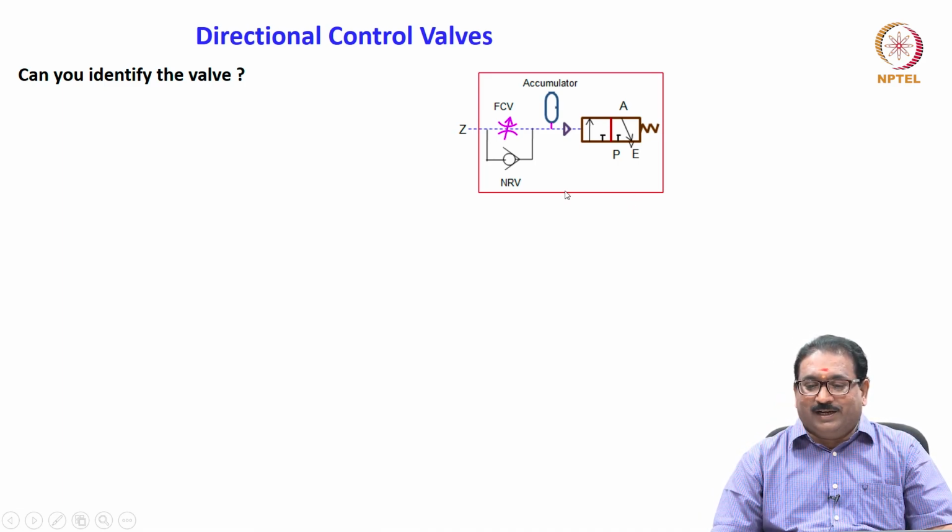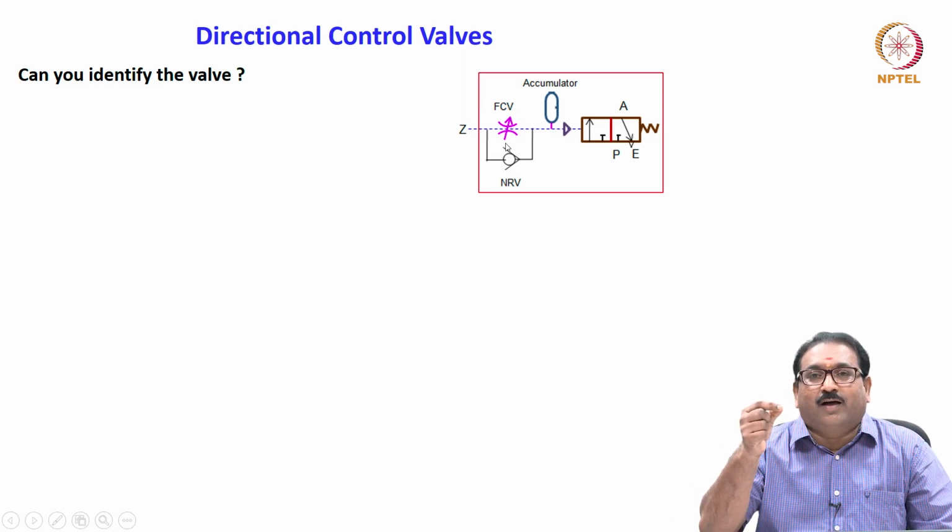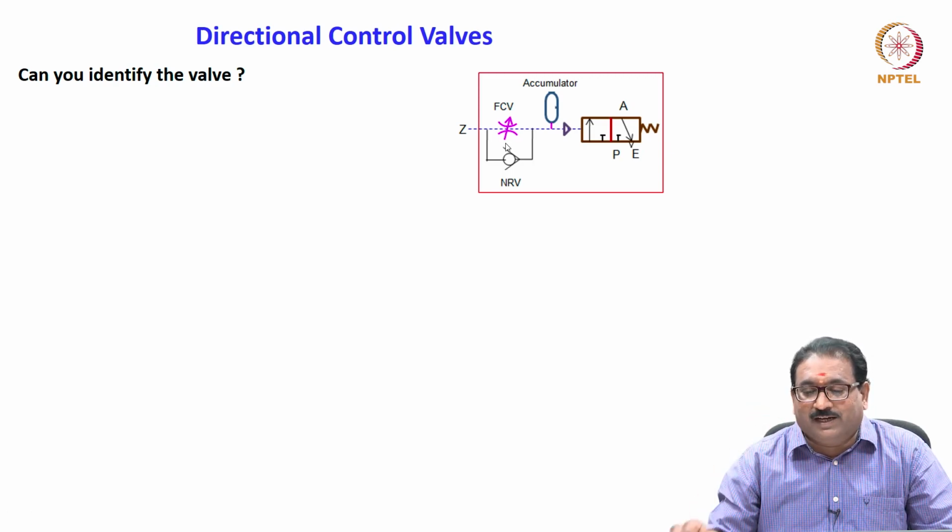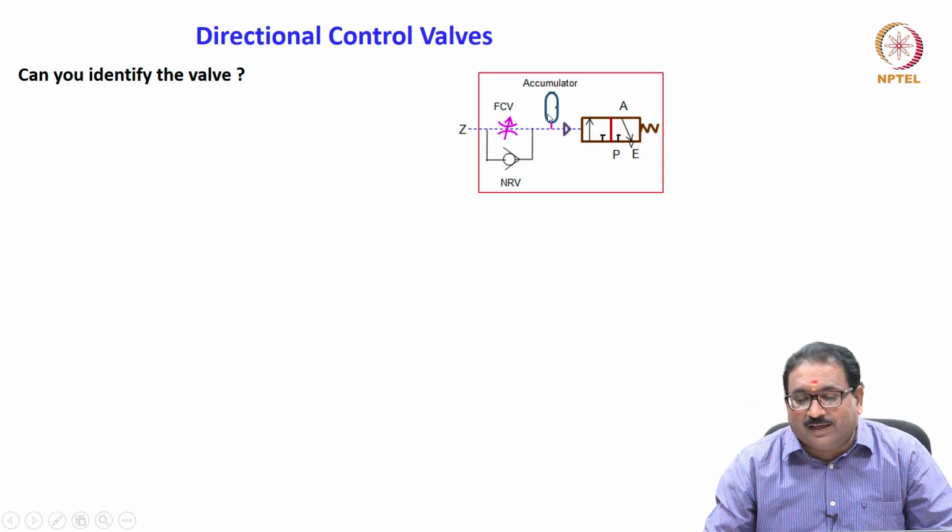Apart from this, some components are there. You will see I have already written them. It is an accumulator. See the accumulator shape. Then see here, there is a pilot, an air pilot. That is why it is open, triangle open, not filled. Here FCV is there. What is this? Flow control valve or a needle valve. Needle variable type, meaning you can open it half, full or middle, whatever it is, to fill the reservoir. The filling of the accumulator is based on this needle valve.